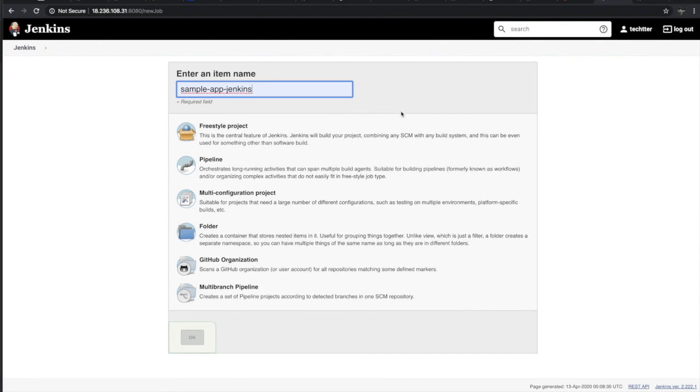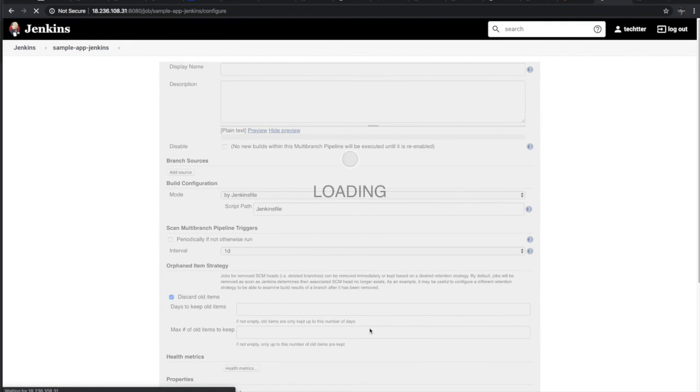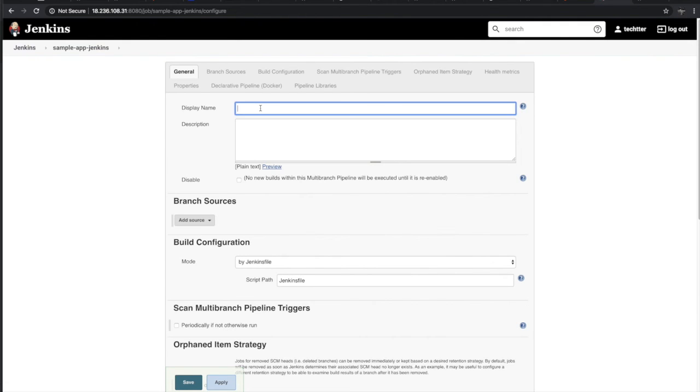This is a sample application, and just choose multi-branch pipeline. Just choose some sample app Jenkins branch resources. Choose GitHub